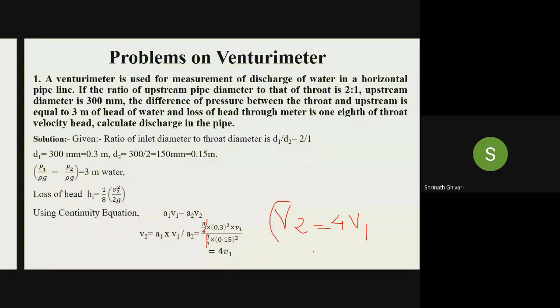So we don't know the value of this now. So we have to determine using this one. V2 equal to 4 V1, because both V2 and V1 are not given. So I cannot calculate the discharge. If I want to calculate the discharge, I will need at least A2 V2 or A1 V1. So to get that equation, I have to use this. One more thing: if I don't use the continuity equation, which equation do I have to use next? That will be obviously Bernoulli's equation.